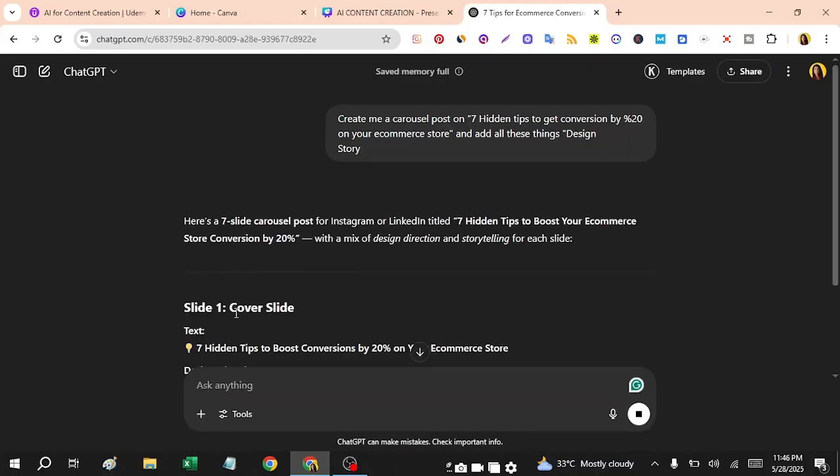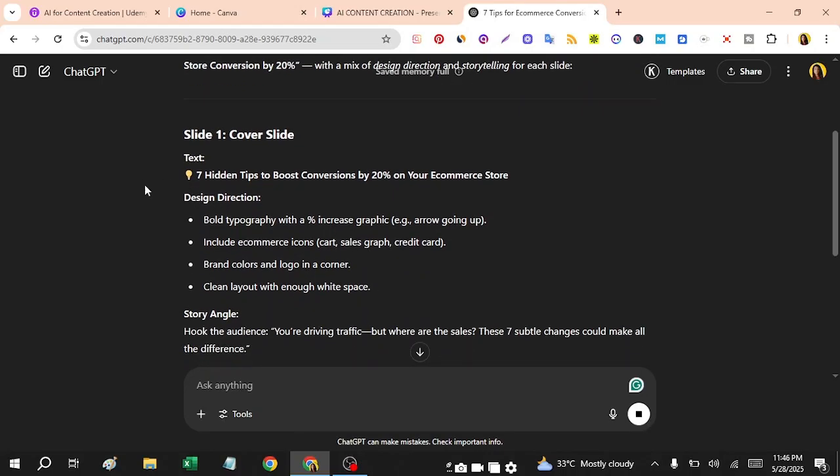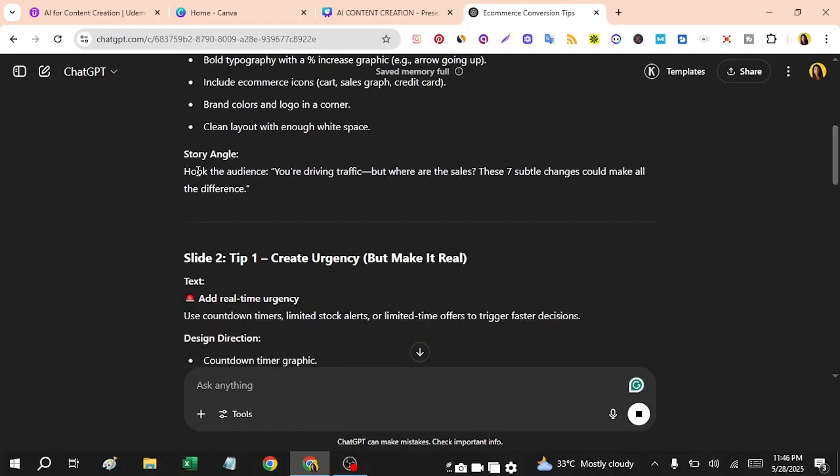Here you can see slide one, the cover slide, which is the text. The design direction is, this tool is also guiding you on how to create a design: bold typography with a person, increasing graph, arrow going up. Oh, this is so deep. The storytelling is: hook the audience. You are driving traffic, but where's the scale, where are the sales?